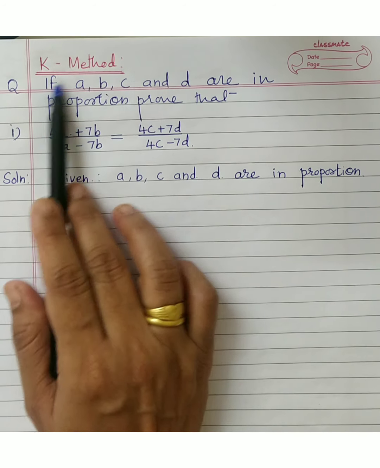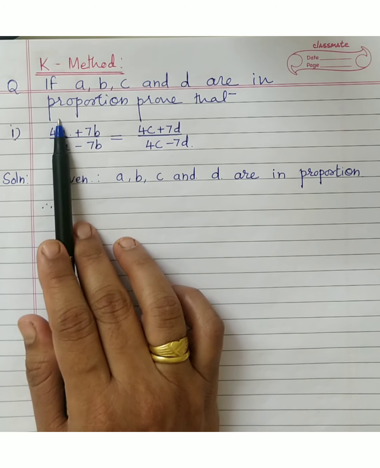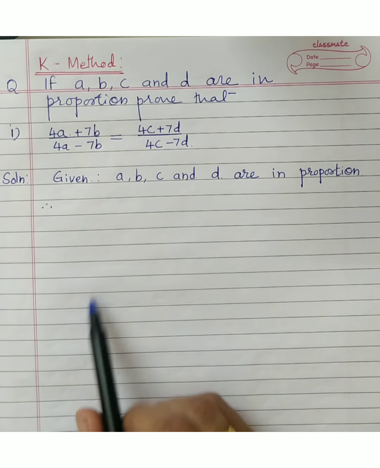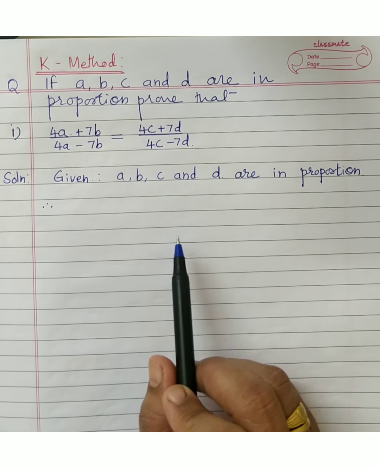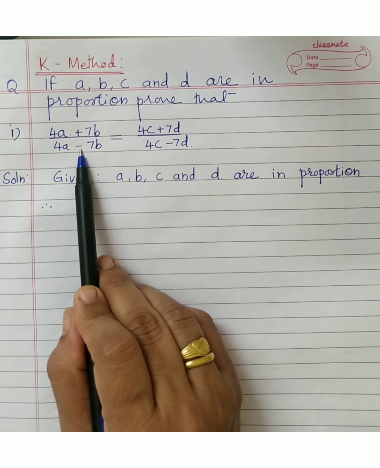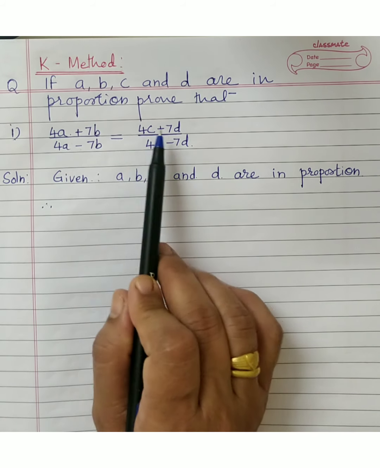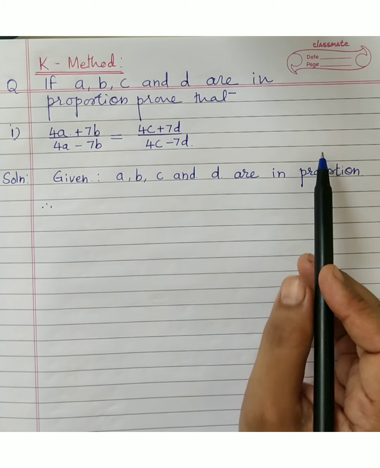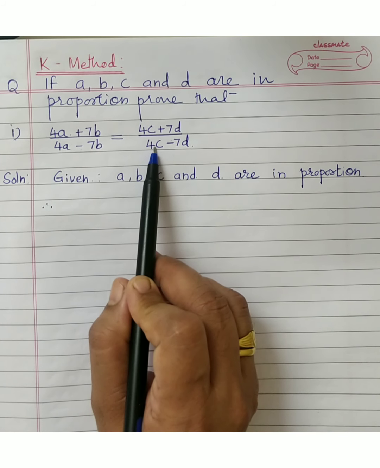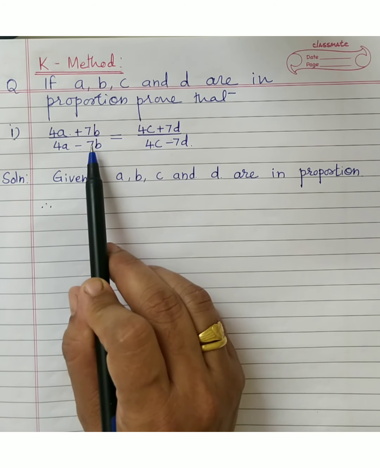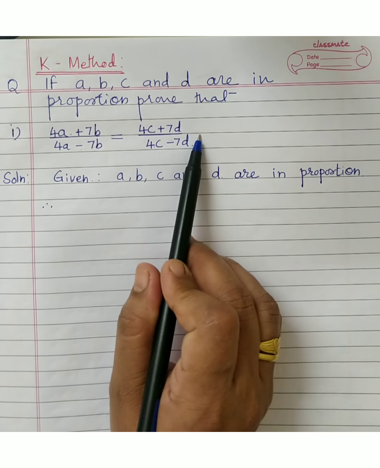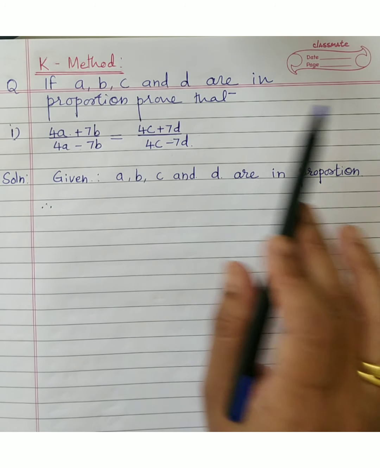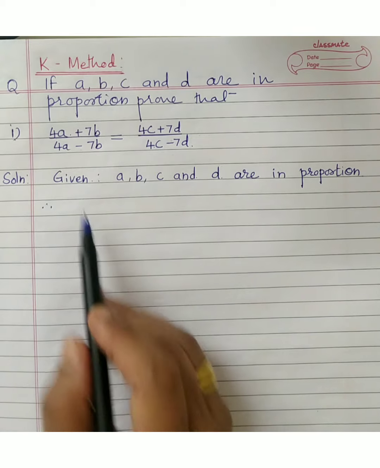But what you have to note is that in this question it is not mentioned that you have to prove it using the properties of proportion. So here you are free to use the K method also. Why have I mentioned all this? Because looking at the question, sometimes it is easy to go by either method, but it may not be the case for all questions. We will see about them afterwards. Right now I am taking this question, which depends on your choice, either properties of proportion or the K method, because nothing is specified. Clear? Let's start.